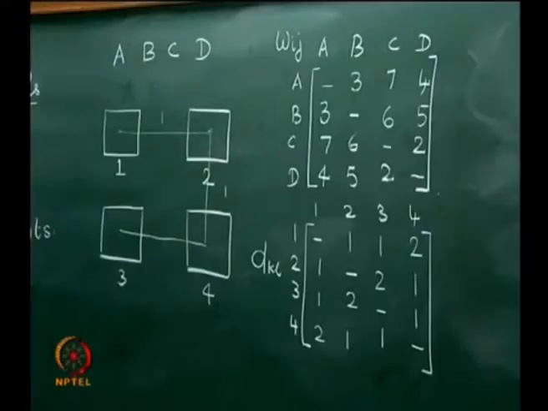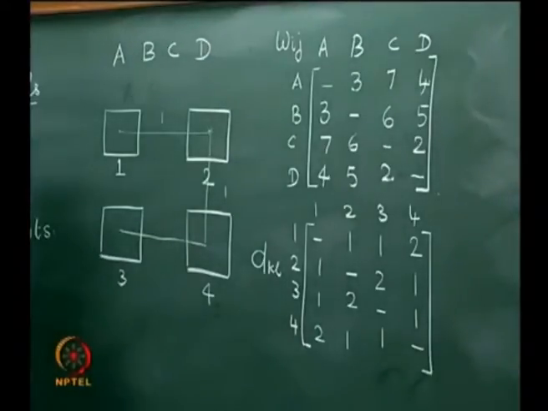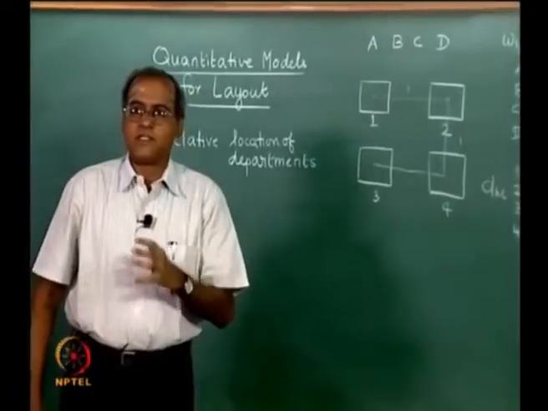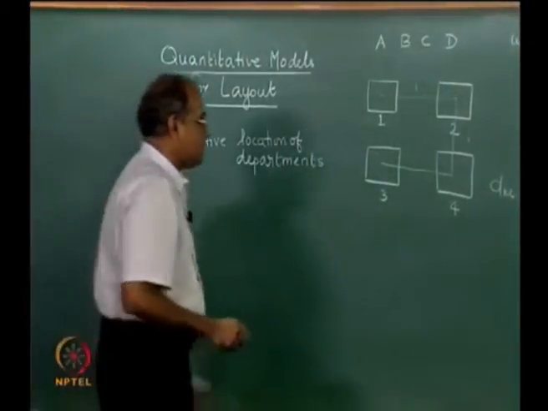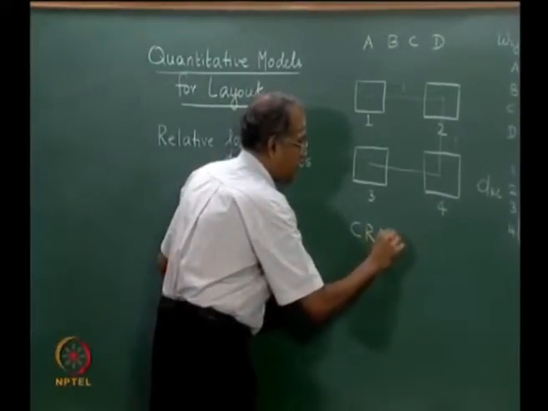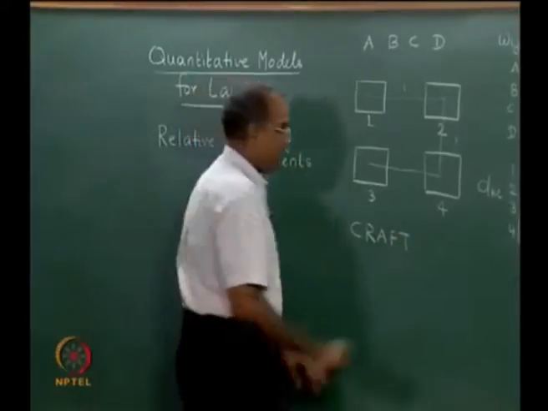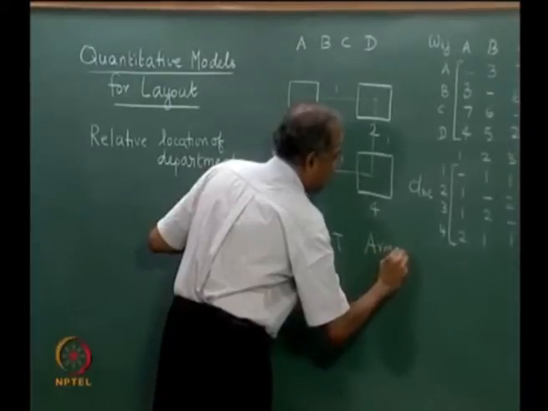And if the areas are different, how do we adapt or modify this idea of a quadratic assignment problem suitably, or how do we modify the idea of the exchange heuristic suitably to get a good solution which can be implemented on the shop floor? Now, that is answered by a very popular algorithm called the Craft algorithm, which was created by Armour and Buffa